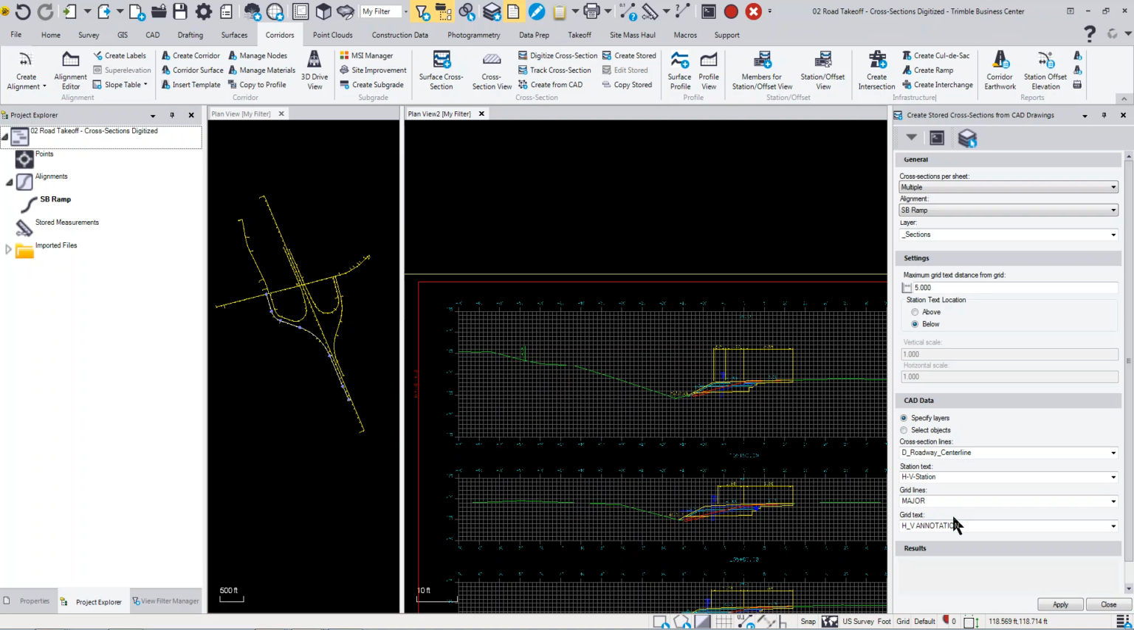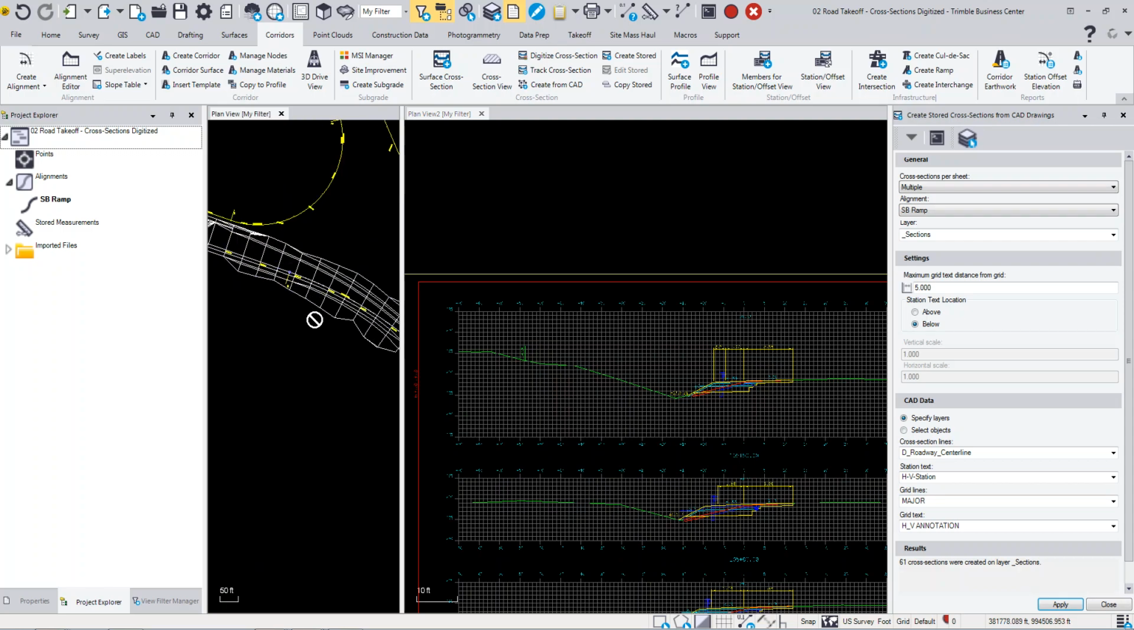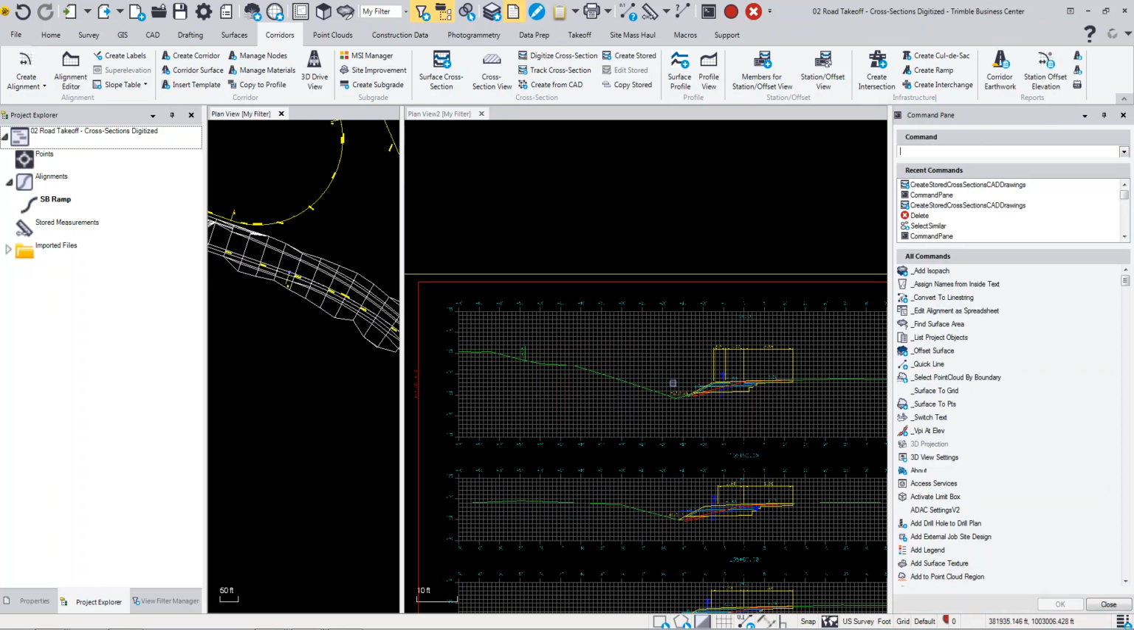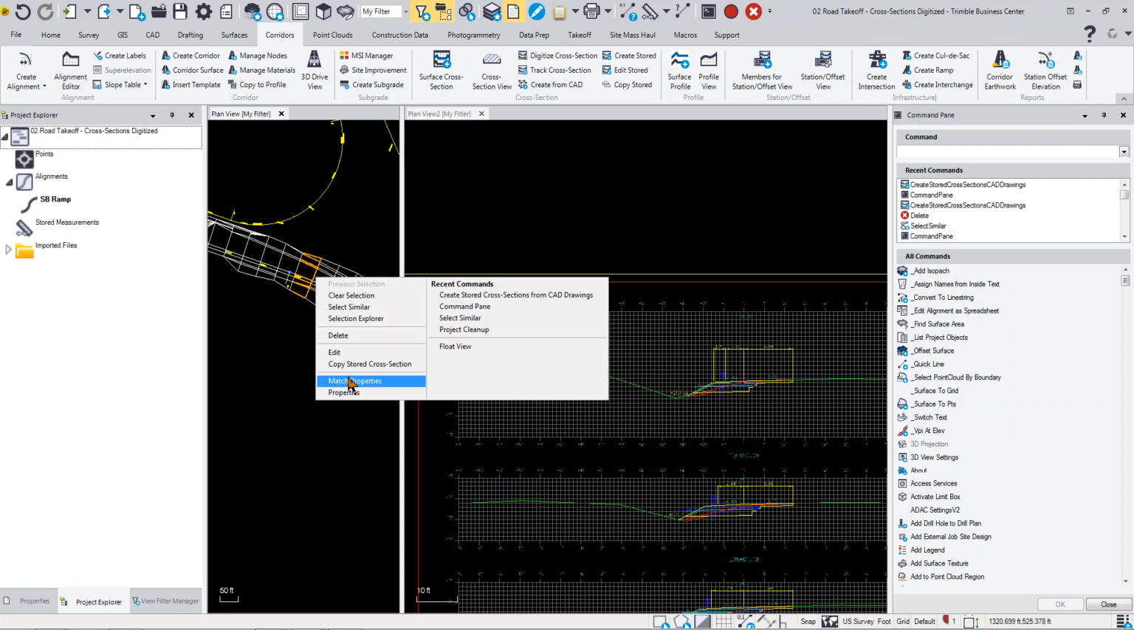So once you have that set up, you just click apply, and what it's going to do is create stored cross sections. So you can see it's computing down below, and they will get applied along my alignment. So now you can see over here I've got my stored cross sections. I can close this command, and now when I look at this and I go into edit, you can see here is the stored cross section,